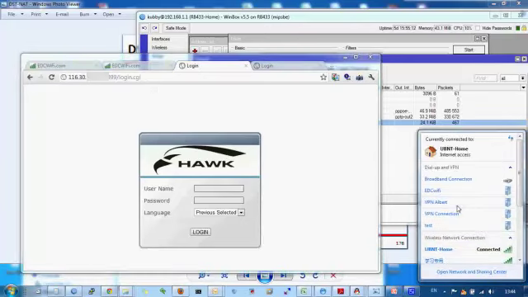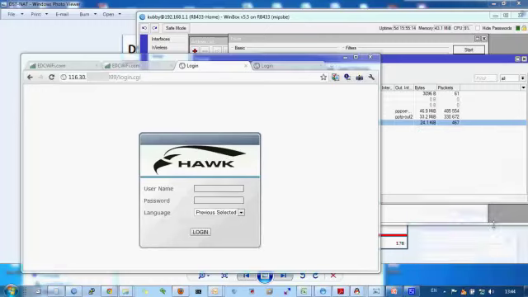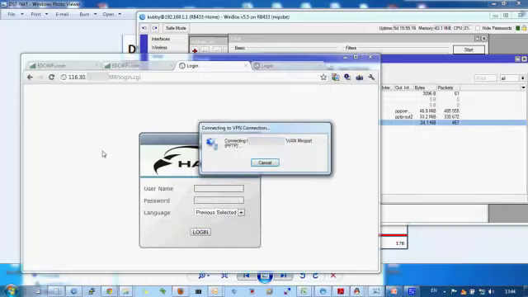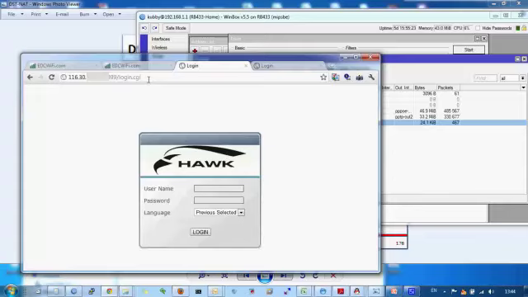Okay, now I try to open my VPN again, connect it, and we will see. I try to access my IP camera again.